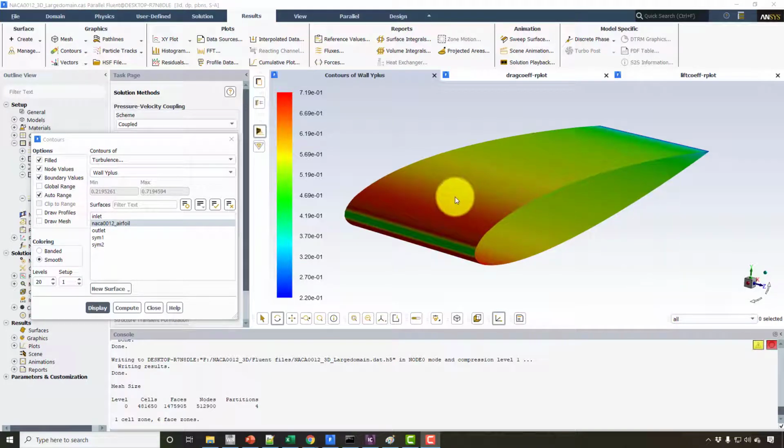In the previous video, I told you that we made some mistakes in a few parameters like the velocity and viscosity, and this has also affected the first layer height or the y plus value. But if you plot the y plus, you will see that in the file when we were using 40 meter per second, the y plus value was 0.6, and with the correct value but with somehow larger first cell height, you can see that we still have a y plus value less than 0.7.